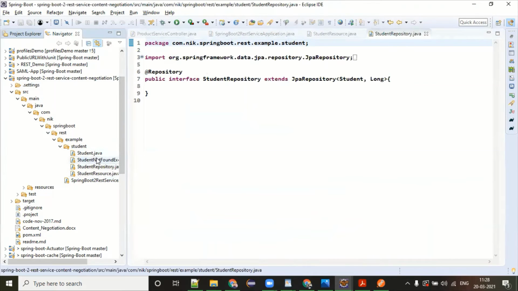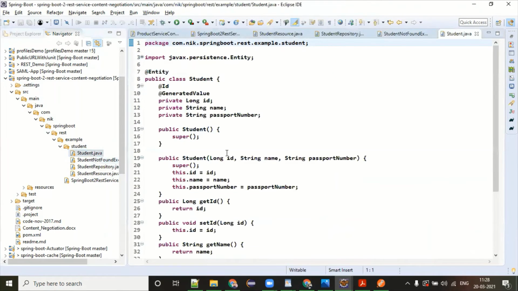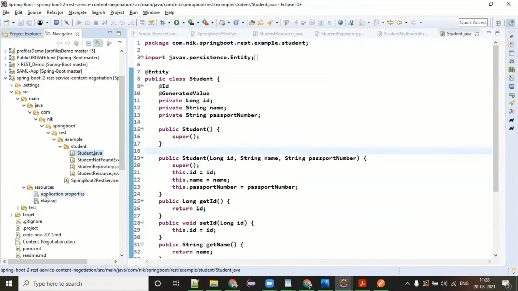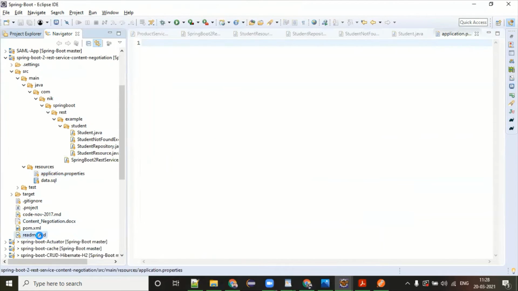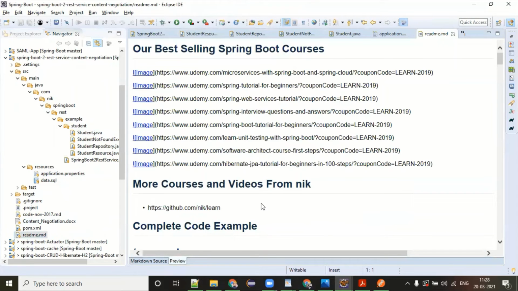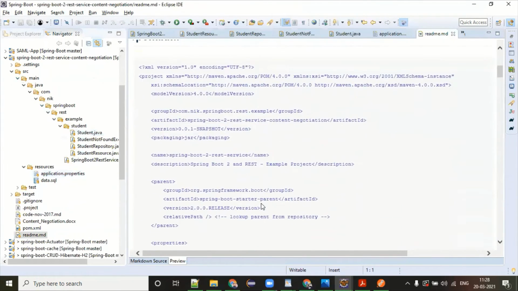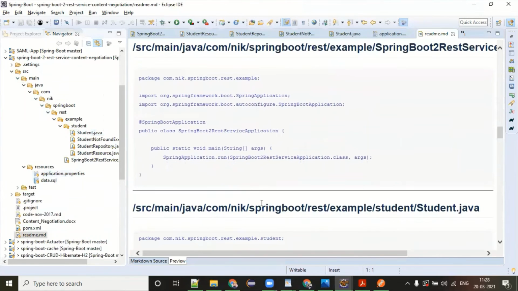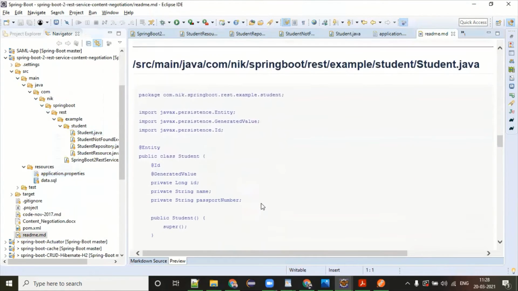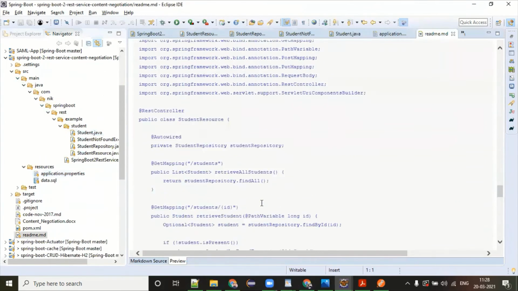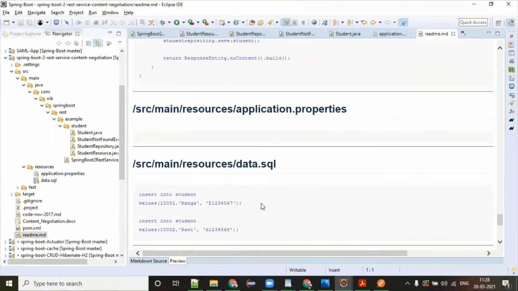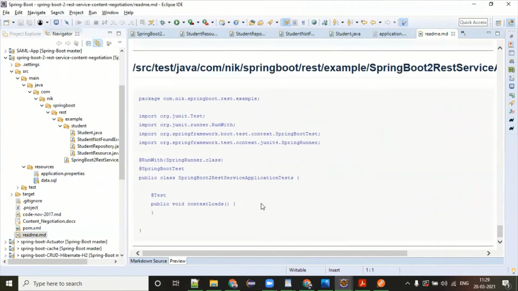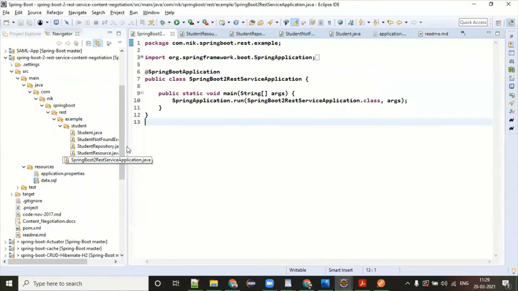This is my repository, which is using that student not found, Student.java. Application.properties is empty.